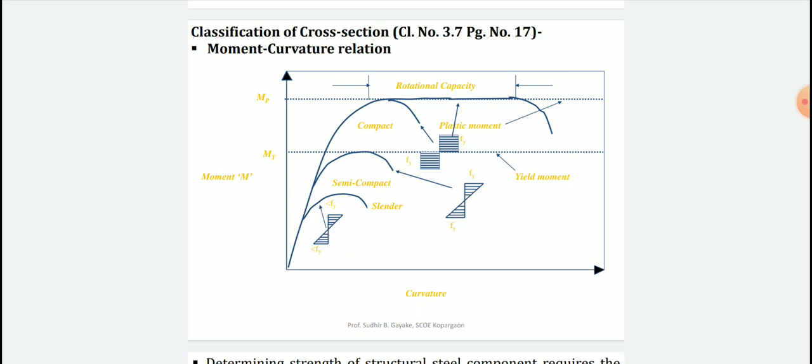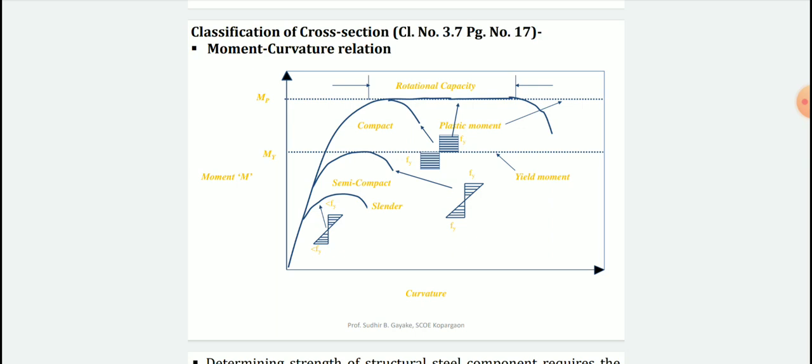Now this rotation capacity forms a hinge at the load location point, and large rotations are going to take place, and there will be certain warning so that the users in a particular building or structure can evacuate from that location. In case of the second section, the compact one, it has the capacity to take plastic moment or maximum moment, but it does not have any rotational capacity. So for the second cross section we are not going to get any kind of warning.